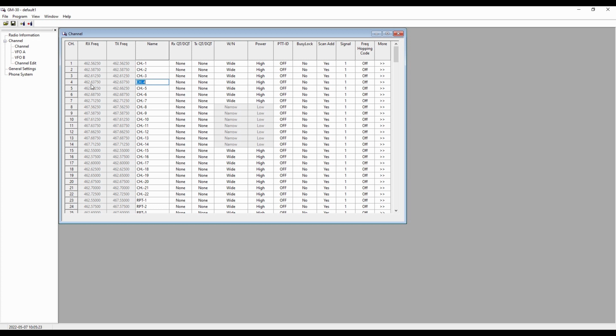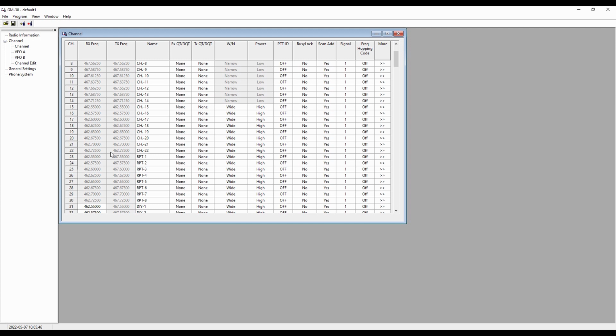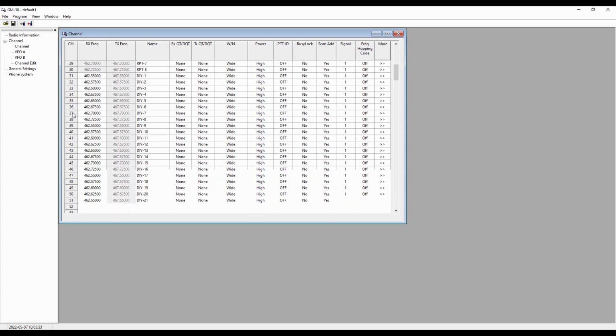And then with this particular display, that may or may not be on the CPS for your model, you can click these little double carets over here and get all of that information in a little box. So instead of working your way across the screen, you can work with those same variables here in the channel edit box. Now, when we get down here into the range for channel 23 through, in this case, channel 54,